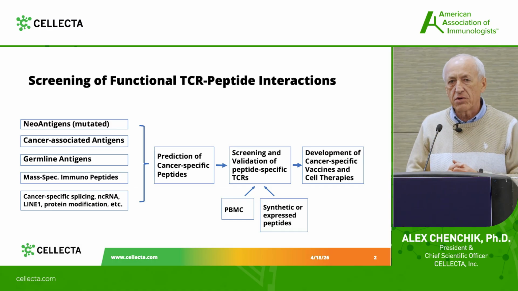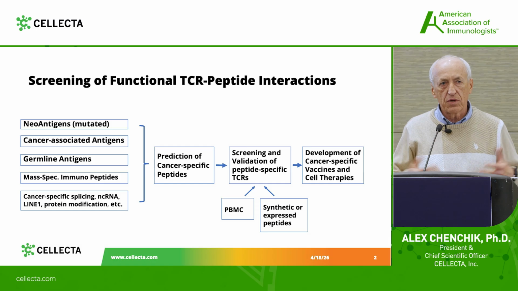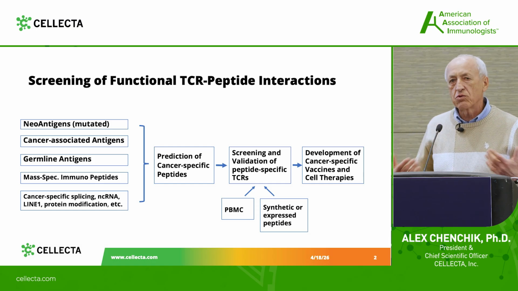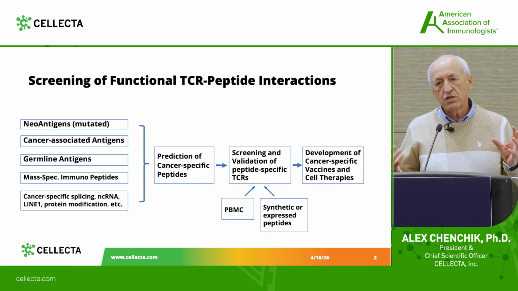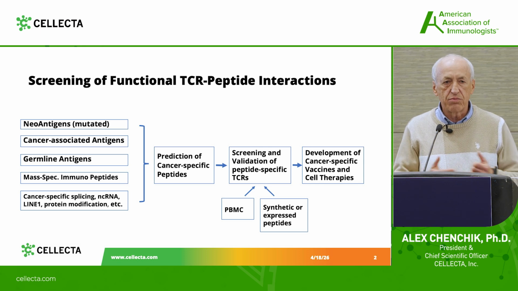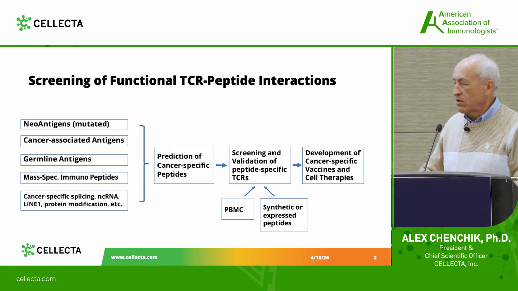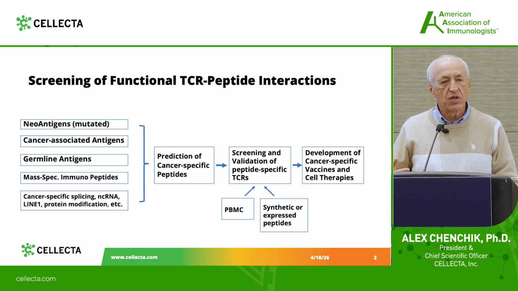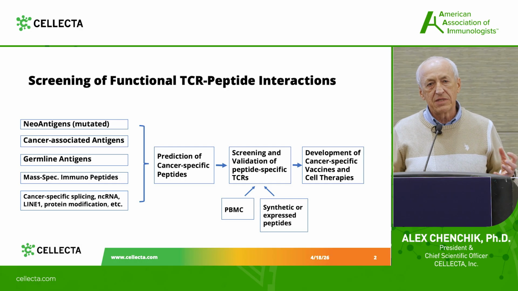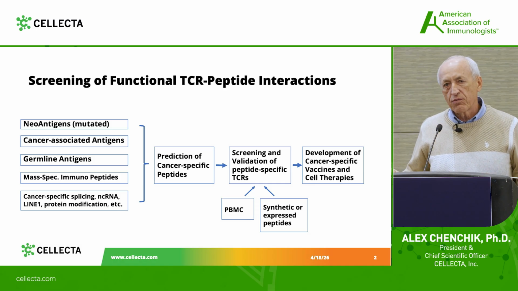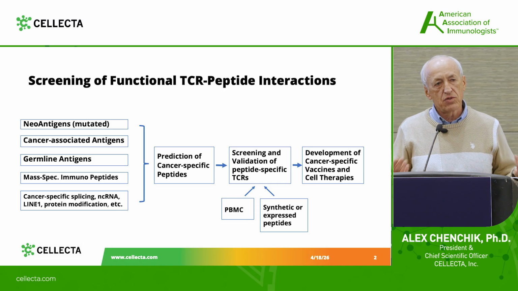And this is a very typical problem for any scientific research, because there are a lot of strategies to identify candidate peptides which can be used, for example, for development of anti-cancer vaccines or T-cell-based therapies. It usually starts from next-generation sequencing, where you sequence DNA or RNA and generate a bunch of mutations or chromosomal abnormalities, or use mass spec, for example, and identify peptides which are associated with the